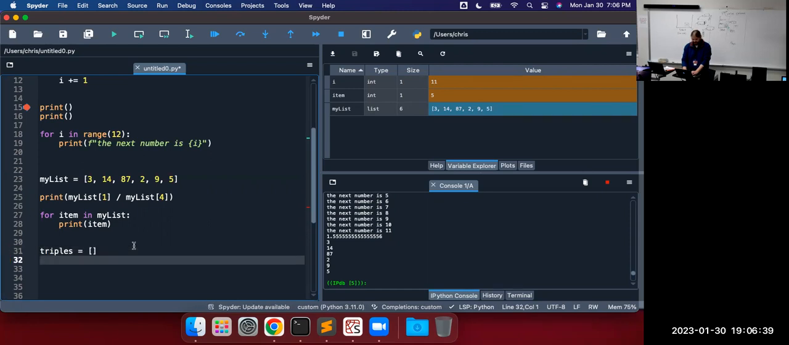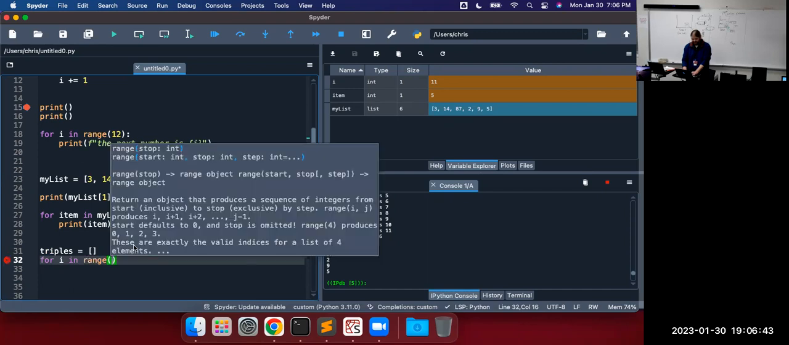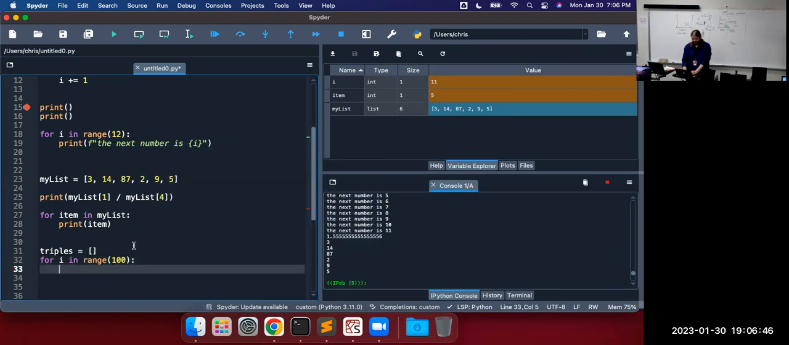Triples starts with a blank list, for I in range of 100, if I mod 3 is equal to 0. If we divide by 3 and there's no remainder, then that means it goes in evenly. Then we can add it to the list. Triples dot